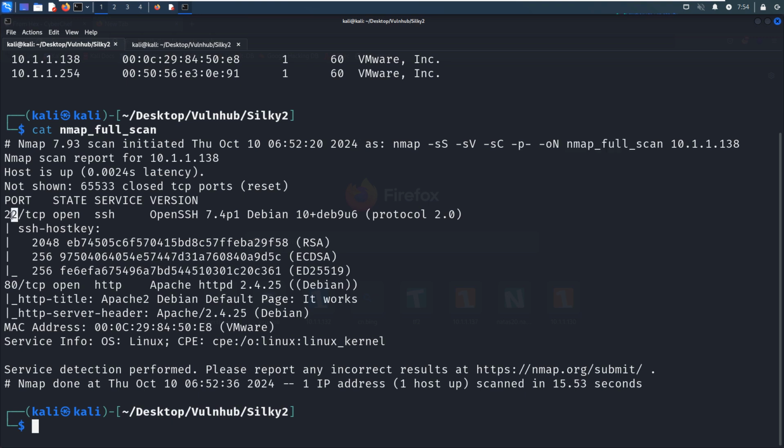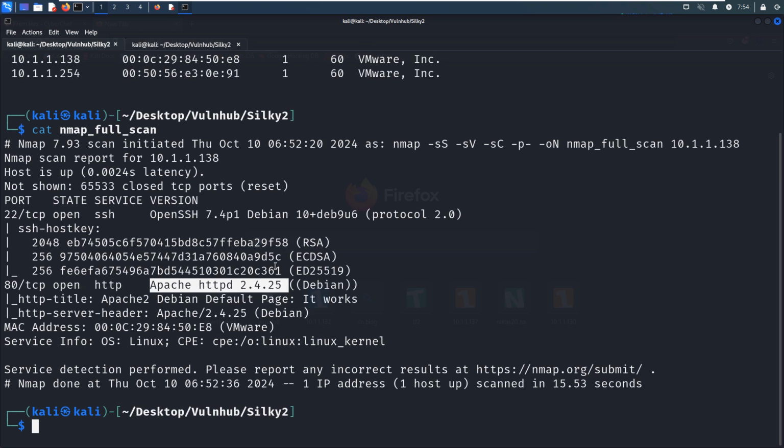The first one is 22, which is running the SSH service, or secure shell service, and its corresponding version is 7.4. This version is not updated. However, I don't think we can find any workable or appropriate vulnerability which we can utilize to penetrate. And the second one is 80, which is running the HTTP service, with version information Apache 2. So what are we going to do next?